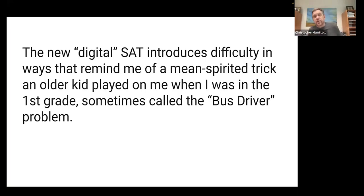I would even say the typical distinction between the SAT and ACT is that the ACT is faster but more straightforward, and the SAT is a little slower but trickier. That's even more pronounced, that different path to creating difficulty. It reminds me, some of the questions on the digital SAT